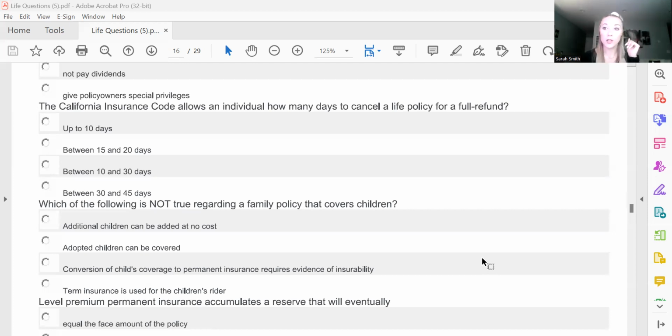I had friends in North Carolina that I was helping study, and it was one of the hardest states to study for. I didn't really know anything. It's one of those states that's very state law specific. So if you're in North Carolina, study your specific state laws because they're just different.